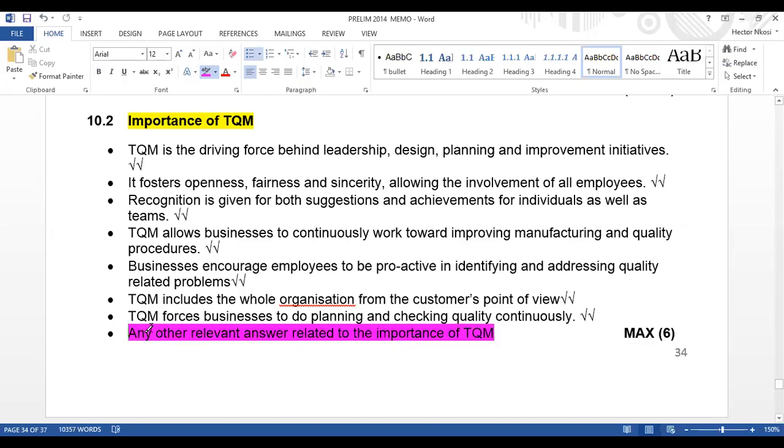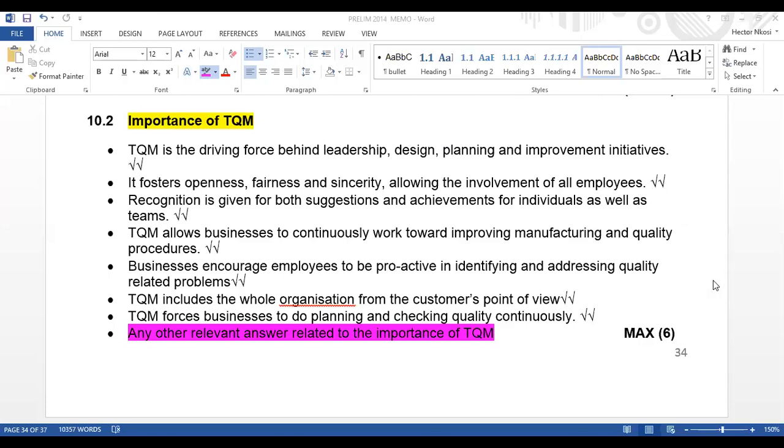So don't cram from a past paper or a memo from a past paper, thinking that's how they are the only points. Remember, guys, the list is always endless. You can say anything. There are so many things that you know about TQM that can be seen as the importance of TQM. So it is very important to understand. And please, Grade 12s, remember to write your essay in point form or bullet form. Don't write paragraphs, just lay everything out via bullets.